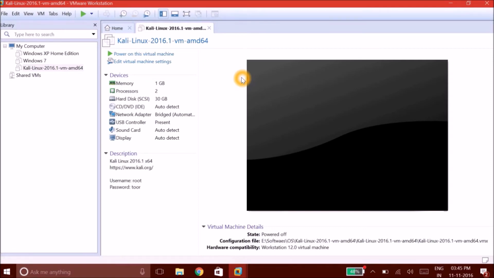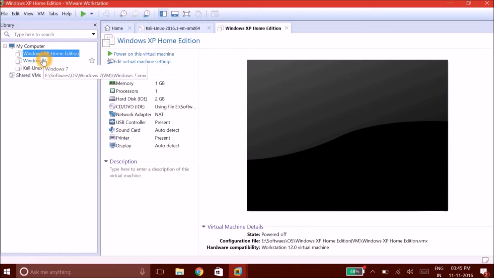Okay, we are done here. Now you are going to need more operating systems. One can be XP and another can be 7. I use XP and 7 because XP is